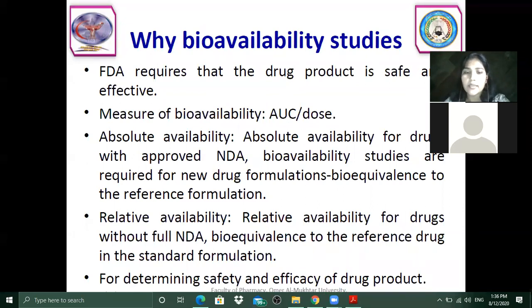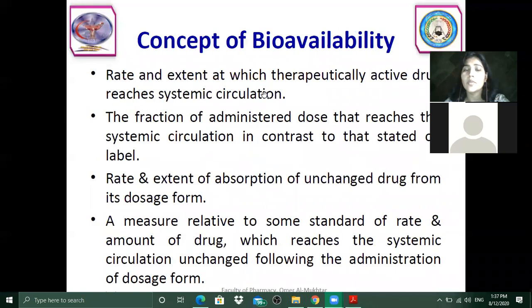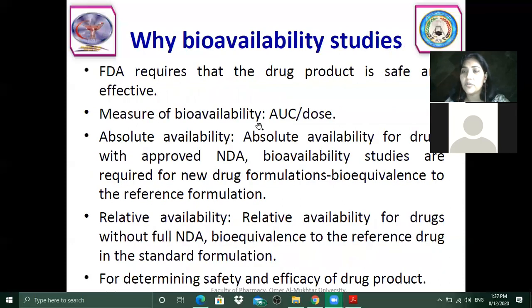So we are here again, back to our session on bioavailability. In the first session, we learned a little about bioavailability. We learned the definition, and we also learned the concept behind determining bioavailability. The next thing we want to know is why we need to determine bioavailability. Because it is now a requirement by the FDA to make sure that the drug product is